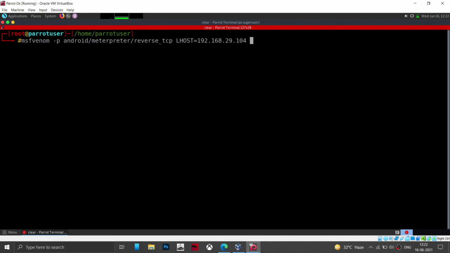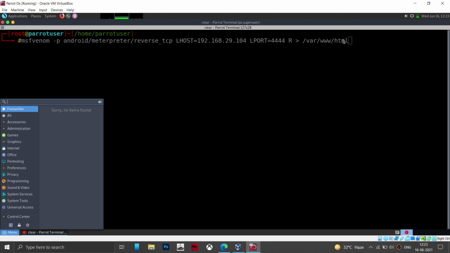Now click space. Now type lport, which is always 4444. It is 4 times 4. Now the output path, /var/www/html/.